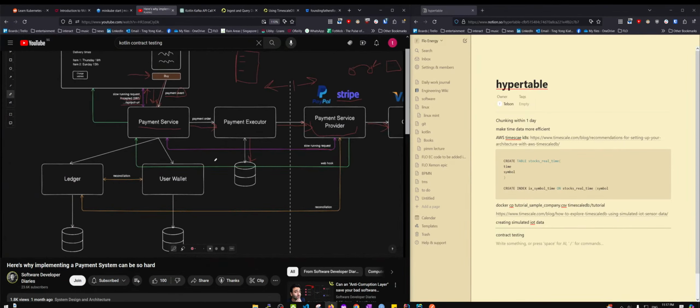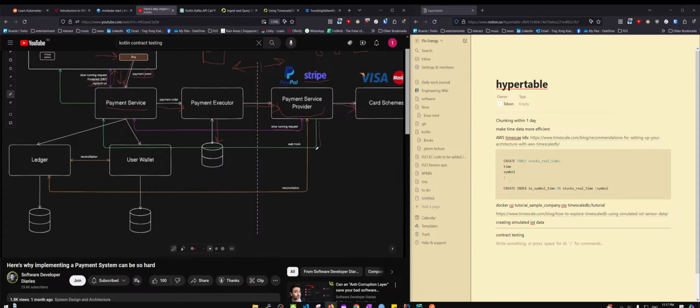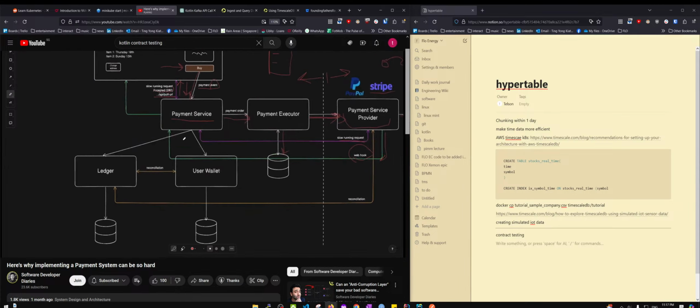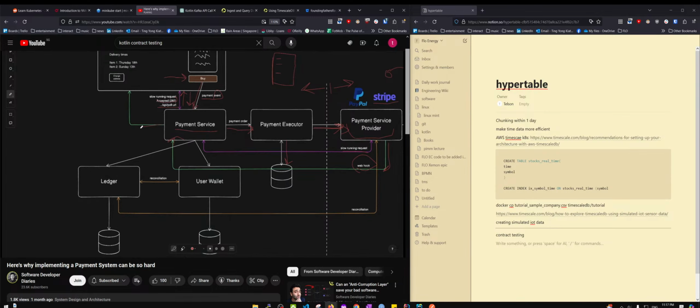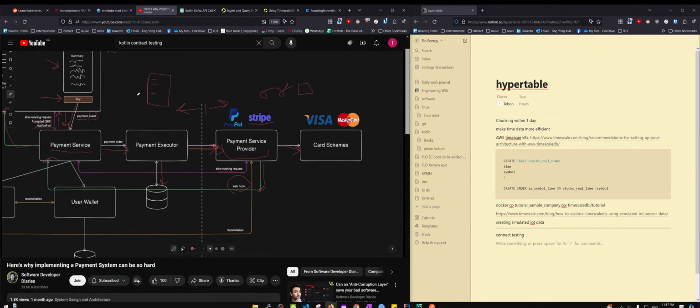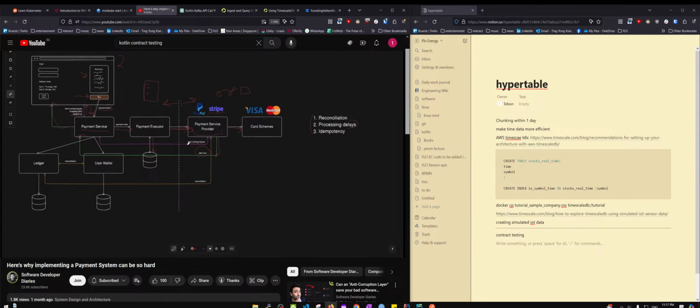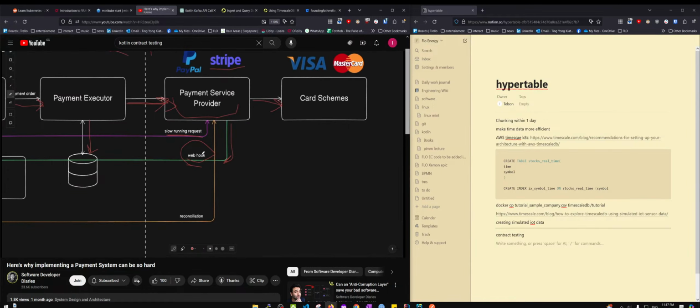But coming back to our Blackboard, we also have this green line, which is a webhook. You're probably familiar with that. Whenever we register the payment order with the PSP, it knows there's a webhook that it needs to call upon completion, and the call is going to be registered with the payment service. So now the payment service knows that the payment has been completed and it's going to show a different page to the customer. All right. So these are two techniques that we can use, long polling and webhook, to mitigate processing delays and very slow